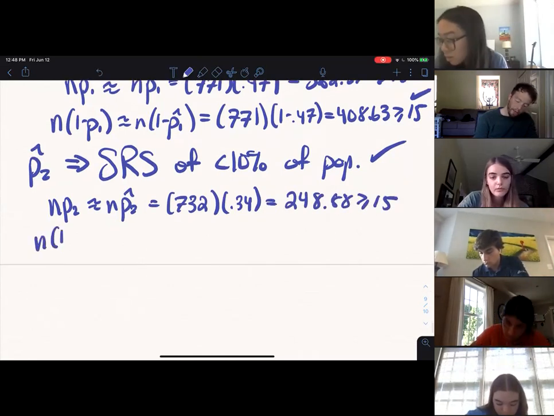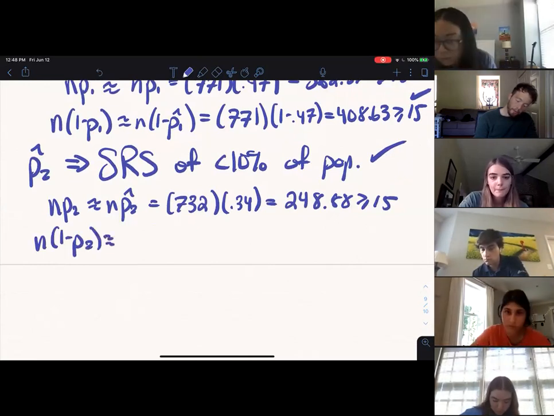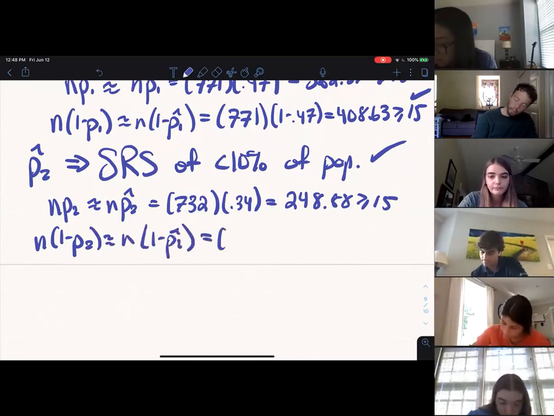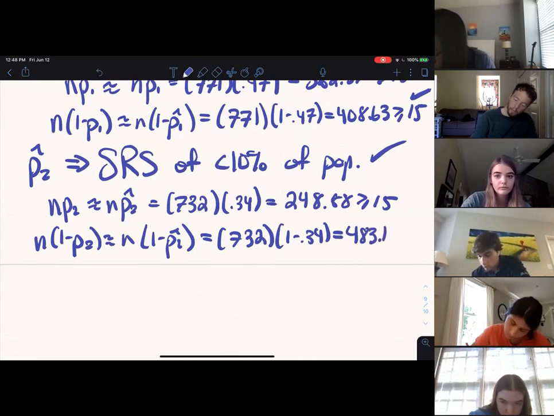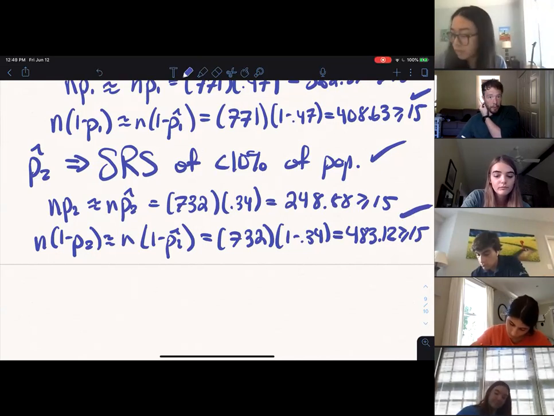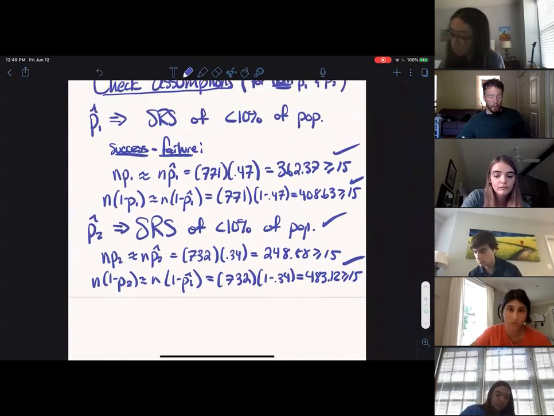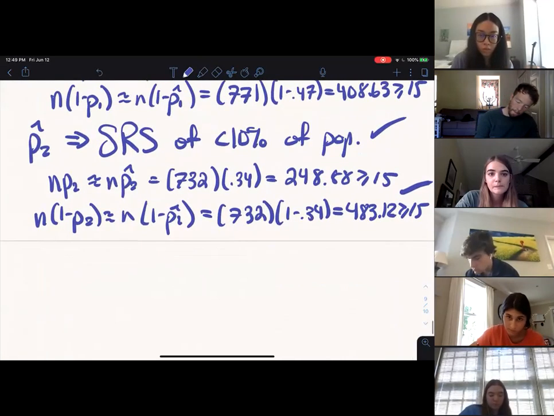And then we do the same thing for N times 1 minus P2, and it follows the same way. Boom. Okay, so these are the conditions you need to check for this sort of confidence interval. We seem to have them all here, so we can say,